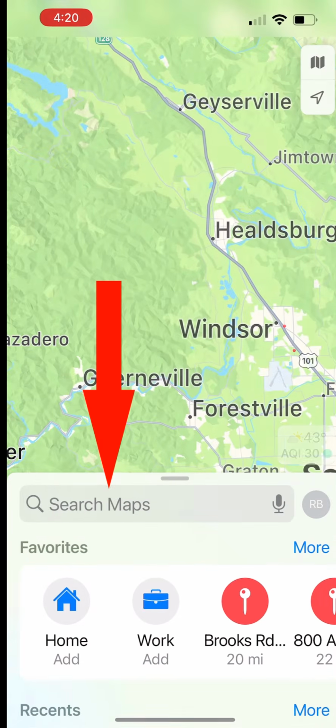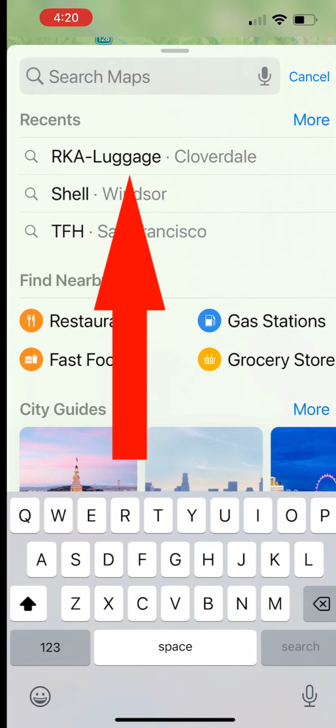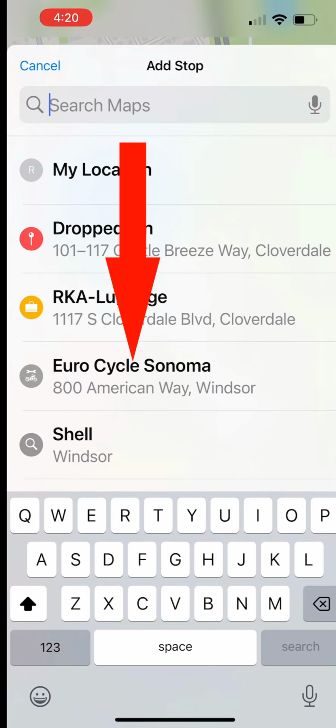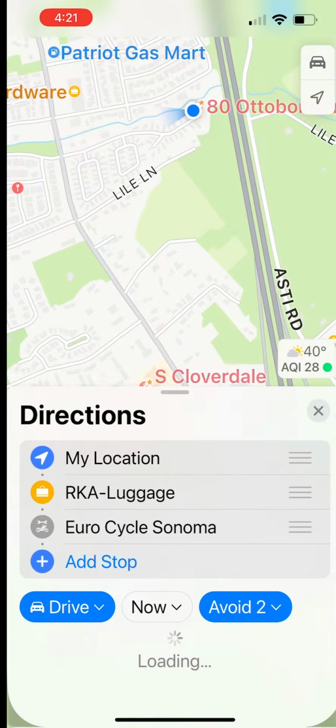Tap on the Apple Maps icon, tap on the search maps, tap on the starting point, tap on directions, blue box, tap on destination either in